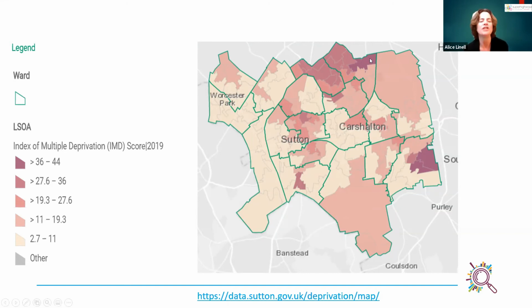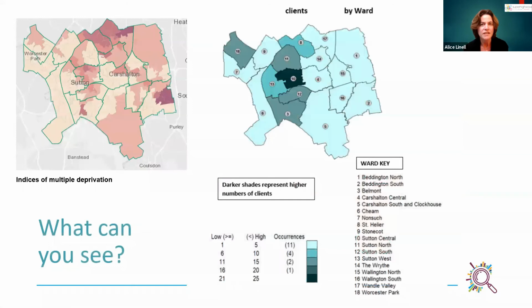We were approached by a charity working in Sutton, who had a centre in Sutton and were delivering services borough-wide. They were concerned that they weren't reaching everybody in the areas where they thought help was needed, and they needed to be able to evidence that in order to get funding to increase their service delivery. So together we produced this map for them,